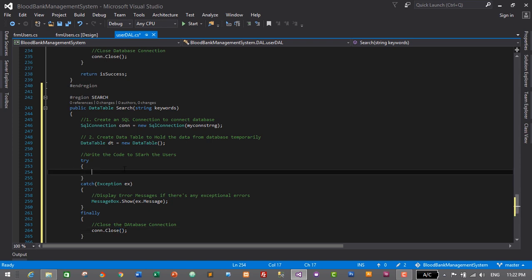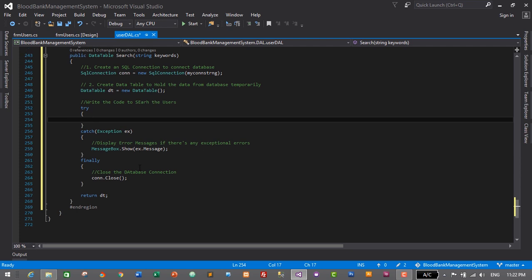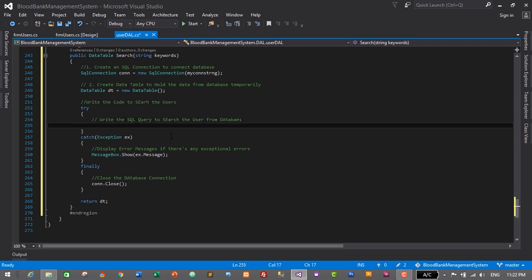That's it. And inside the try block we will write the code to search the users from our database based on the search keyword. So the first step is to write the SQL query to search the users. So write the SQL query to search the user from database. So string SQL is equals to select all, asterisk means all, from tbl underscore users,